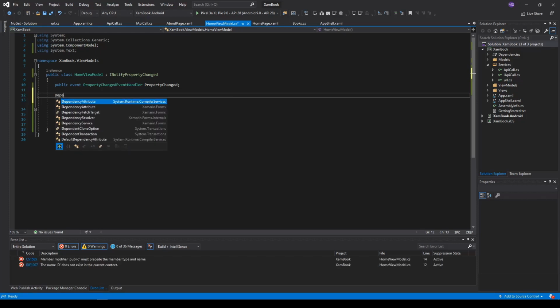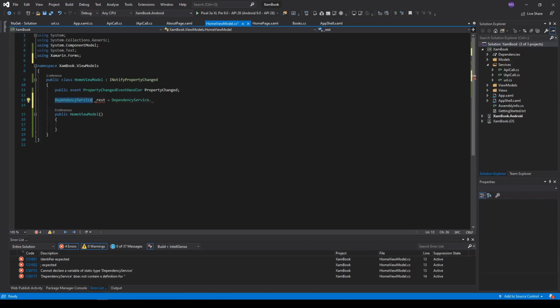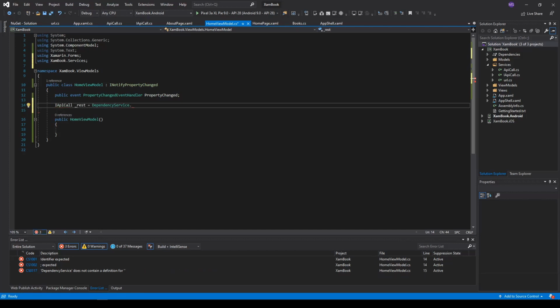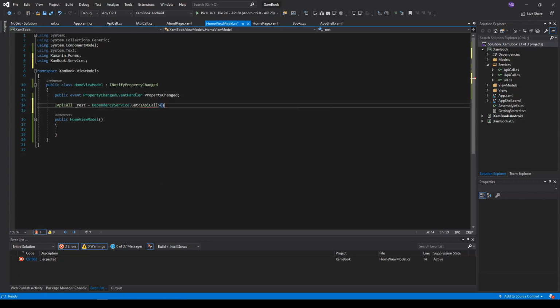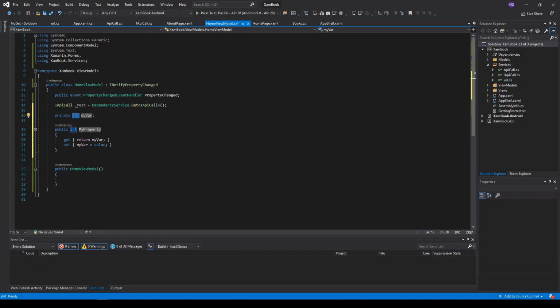So dependency service rest, dependency service dot, actually this one we need to API call service dot get API call, and then the next part is we need to create a property for type books